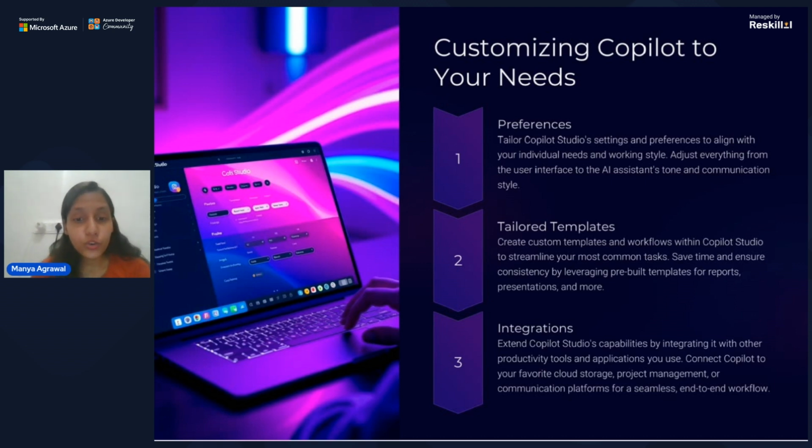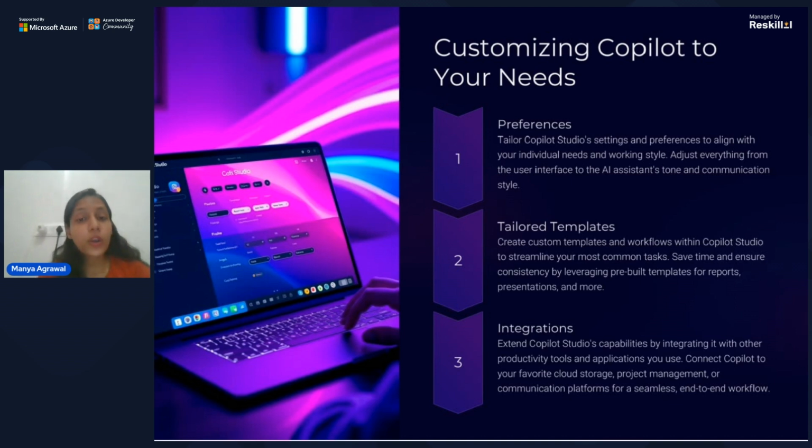Connect Copilot to your favorite cloud storage, project management, or communication platform for a streamlined end-to-end workflow. In this, basically, you can also store your projects, your documentation, your images, and everything in the cloud storage. It provides this, and this is very helpful for us. And you can manage your project and other things.